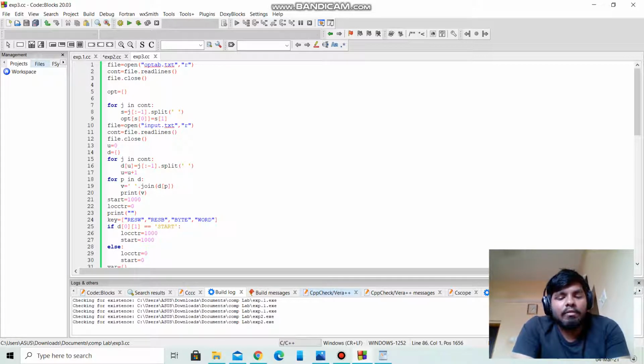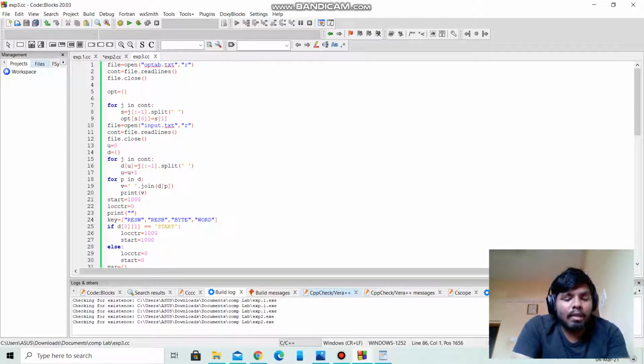Second, if the input line has the OP code START, do the following. Find if there is any operand field after START; initialize LC to the operand value. Otherwise, if there is no value in the operand field, then LC is set to 0.